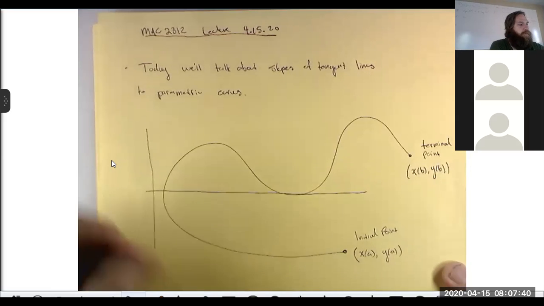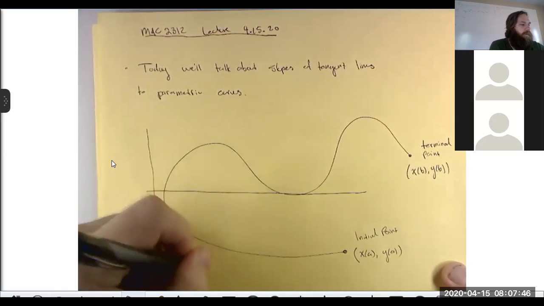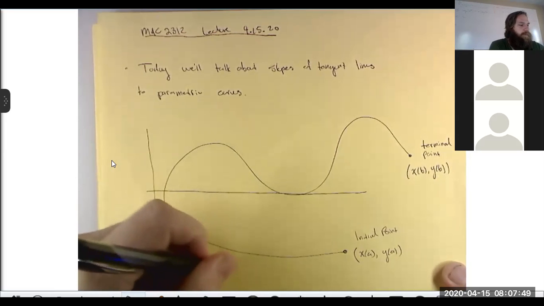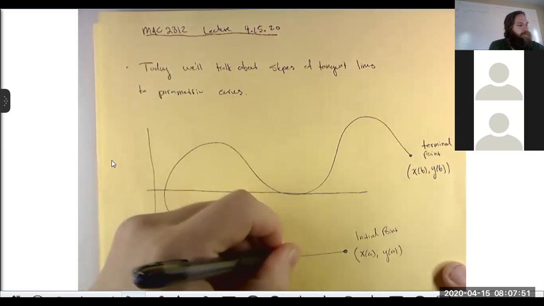So this is a parametric curve. X equals x of t, y equals y of t, and a is less than or equal to t is less than or equal to b. It has an orientation